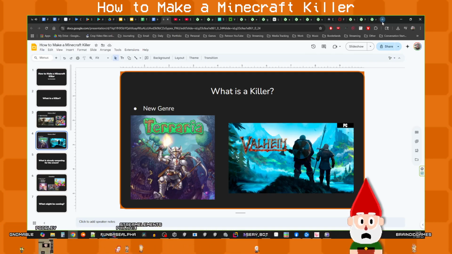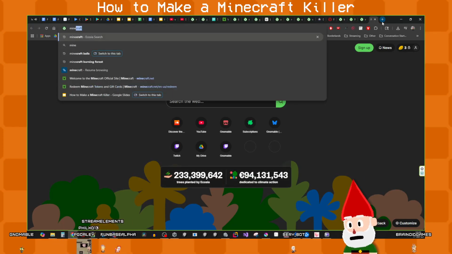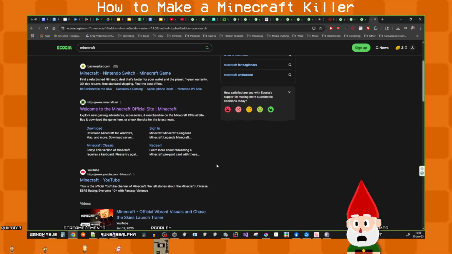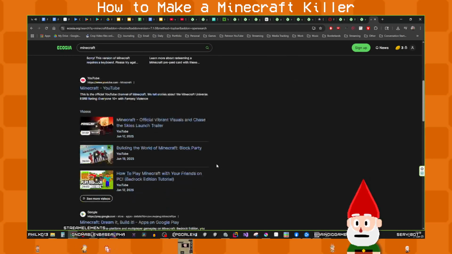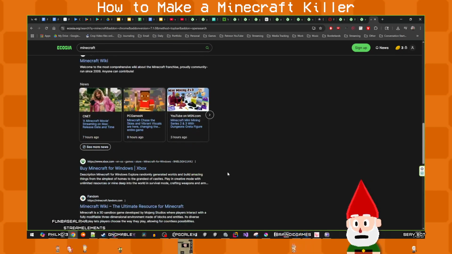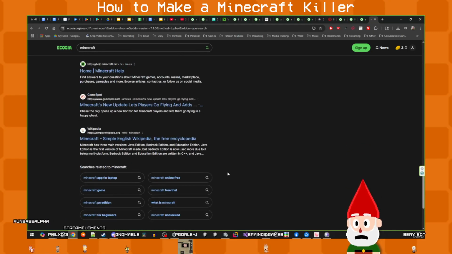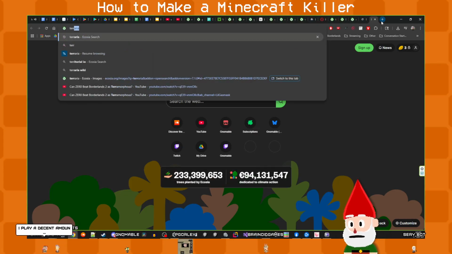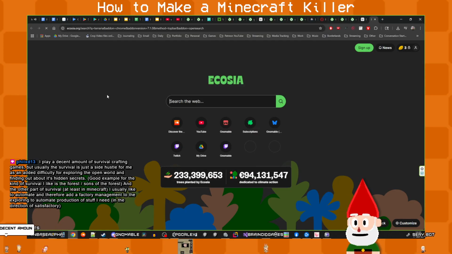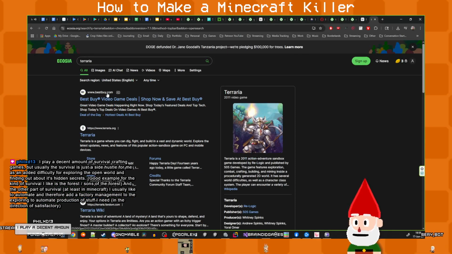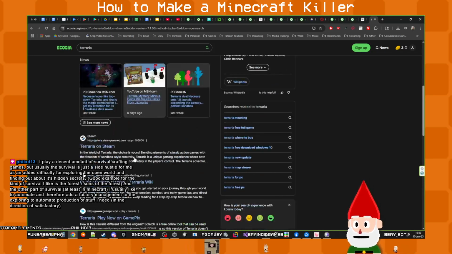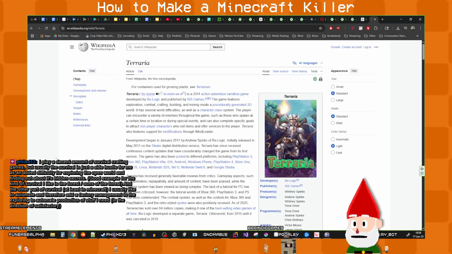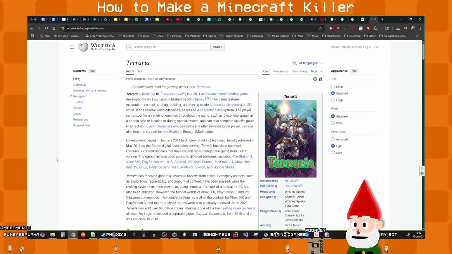Although, I don't know exactly what the timeline on Minecraft versus Terraria was. Terraria was inspired by Minecraft, right? Could you please give me the Wikipedia? Wow, it's way down there. Okay. Yeah, give me the Wikipedia there, and then play a decent amount of survival games, but usually the survival